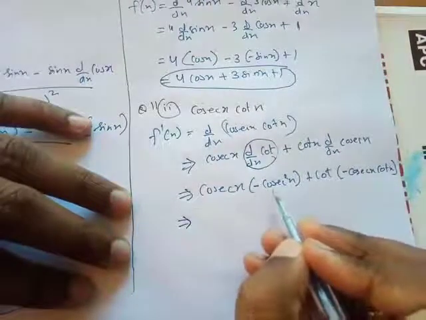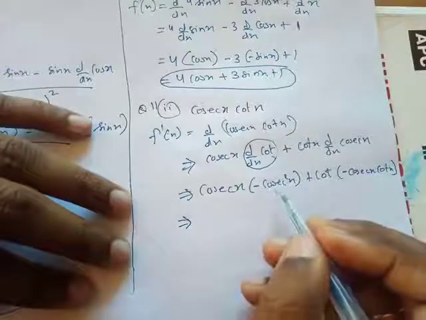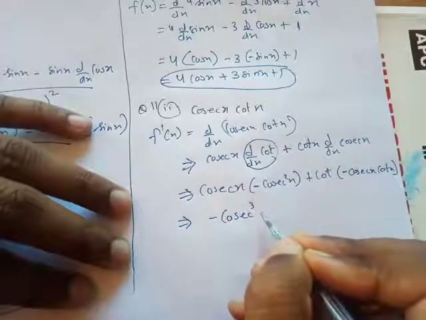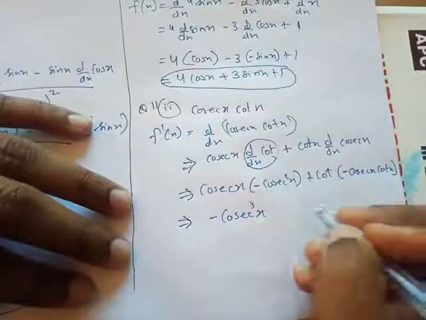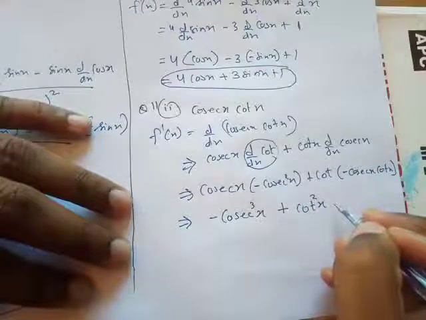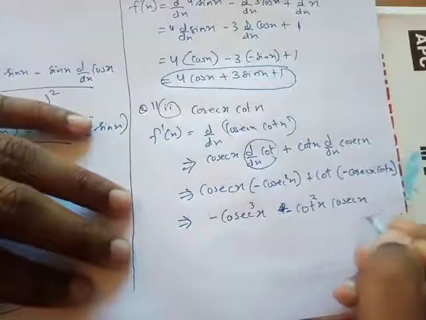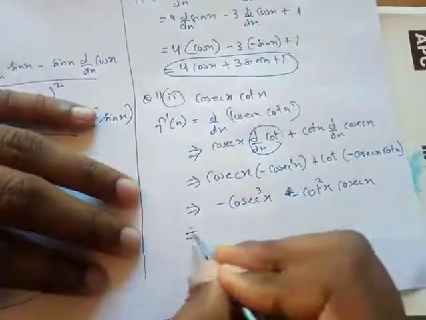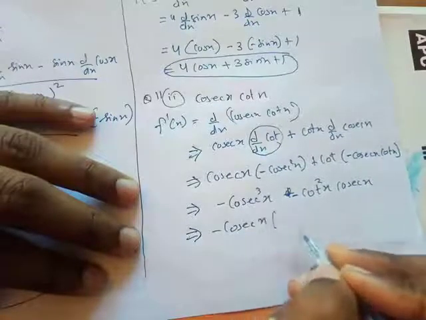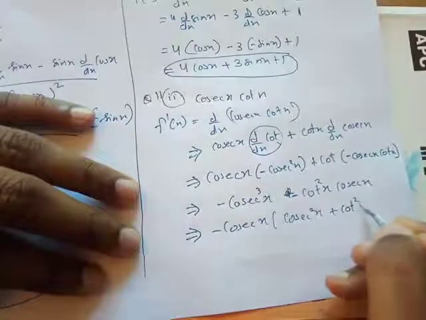So cosec, and this is also cosec square, so you guys can see what is common in both of them. So I'll say minus cosec cube x, because this is square and this is cube, plus cot square x, because it will multiply, and here also minus because there is minus, and cosec x. Now take out what is common in both of them, and keep the rest as it is. So common is minus cosec x, I took it out. What is left here? cosec square x plus cot square x.